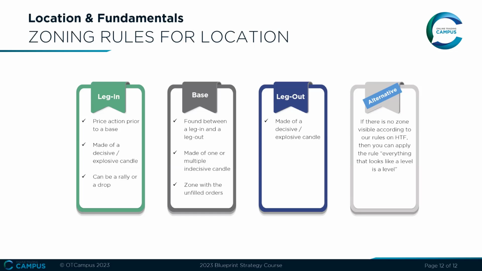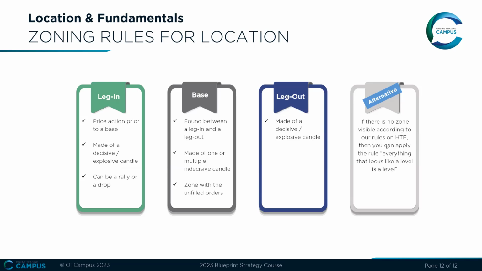That's why we look at the first fresh. That's one rule that is going to help us to identify which zone we're going to take, because there may be multiple zones that we can look at. So we'll always take the first fresh, the nearest. It's going to take some time for you to understand what is really far and what is not far. If the nearest fresh demand and supply zones are very far away, then you can apply the alternative set of rules, which is